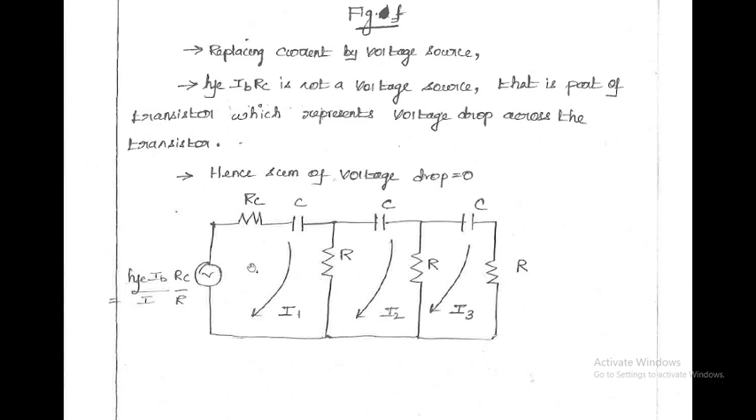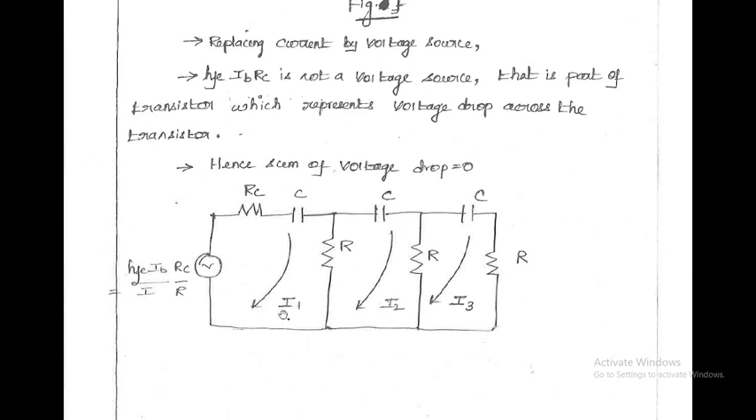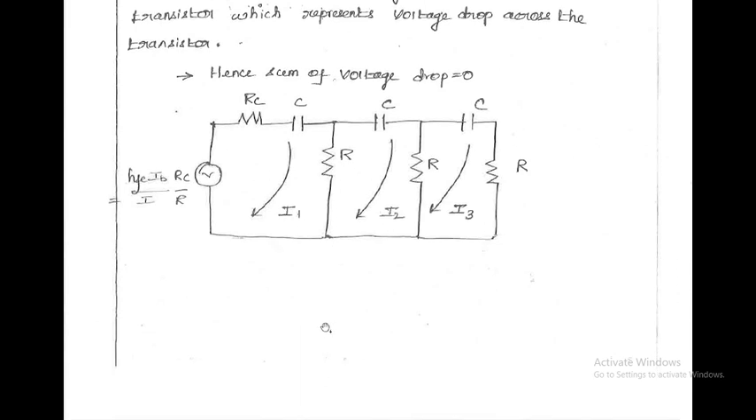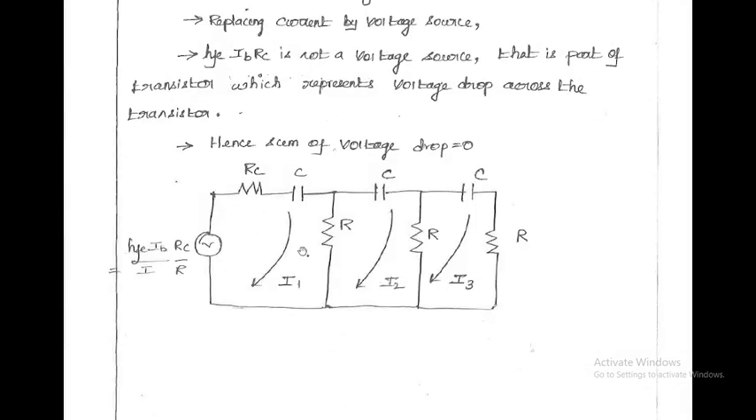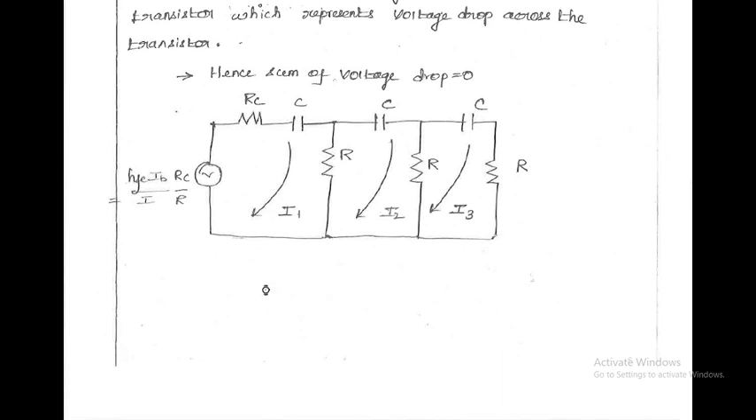In this circuit diagram we are going to find out the three currents I1, I2 and I3. Now I am going to apply KVL in loop 1. This is called loop 1. The current in loop 1 can be given as I1. So I am going to apply KVL in loop 1. After applying KVL, I can get this equation: HFE IB into RC